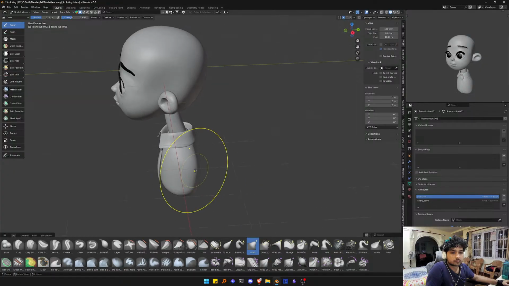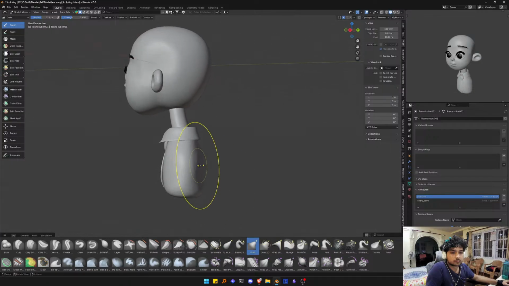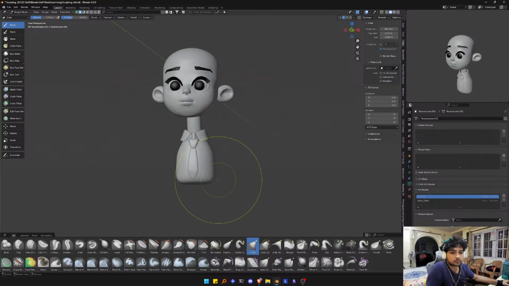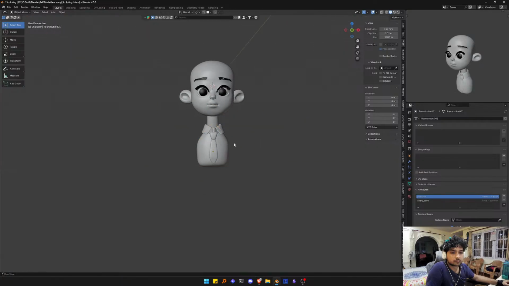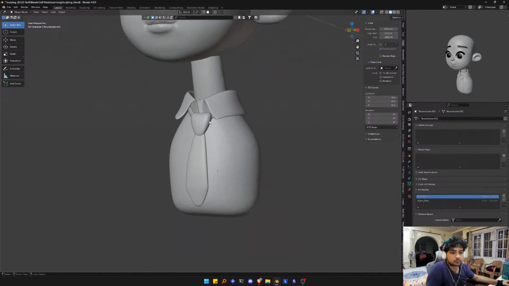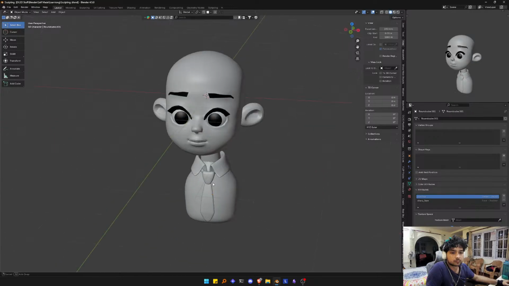And I'm just going to add in an edge loop here. I'll just scale this and put it into the tie like so. And I'm also going to paste that color to the tie, and I'm going to shade this smooth. I'm just going to go into sculpt mode and just sculpt this into place, just like so. Alright, that looks fine. Now let's go ahead and fix up the face, and then we'll add in the hair